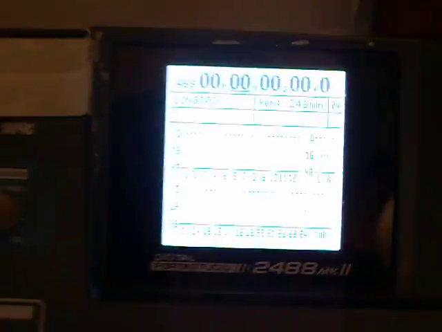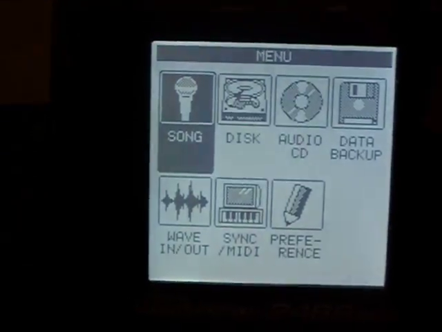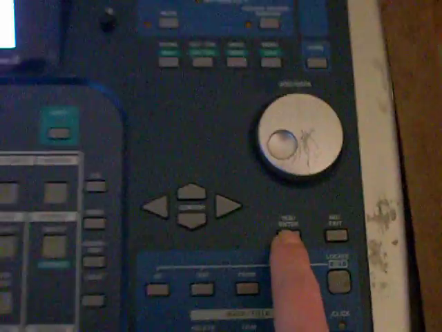It's going to ask you if it's okay, and then you can hit yes right here, and then you'll be fine. Okay, so when you start this thing up, what you're going to do first is you come over to this title here. You got these things here. You're going to want to hit menu, okay, and then this is going to come on. You're going to hit song, and then over here you hit yes, okay,